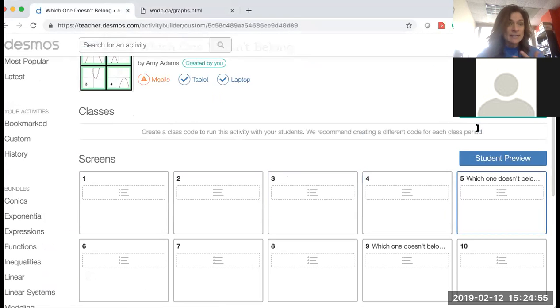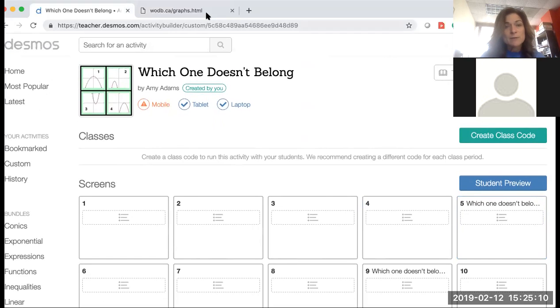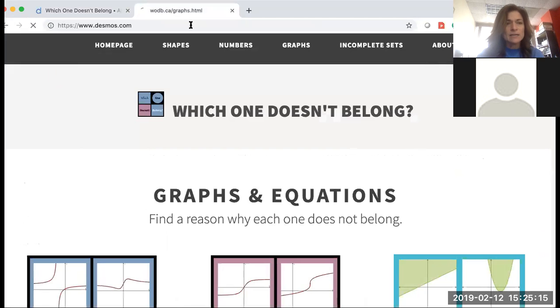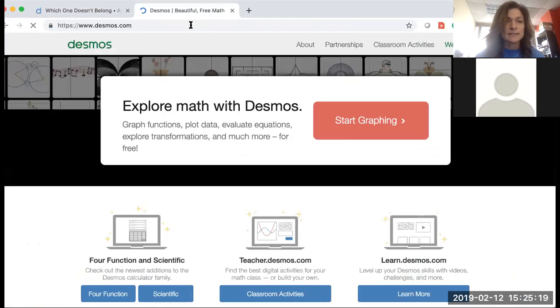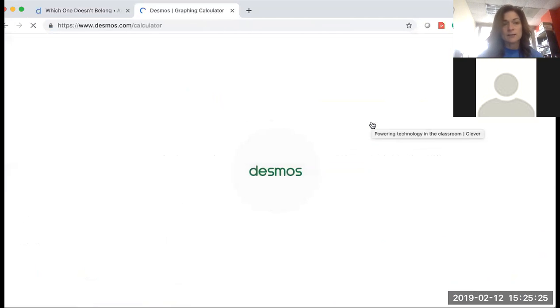So now, next question real quick. Have you used the activity builder with Desmos, the Teacher Desmos activities? No, this is all new to me. Okay, so let me go back then. So there's the regular desmos.com where, and I'm going to give a little background anyway for those watching doing an independent study. So we have the regular desmos.com where the students